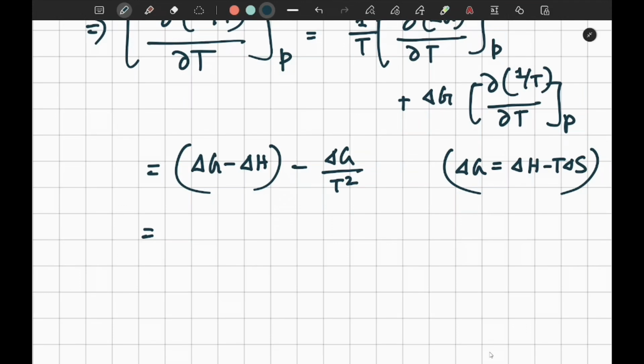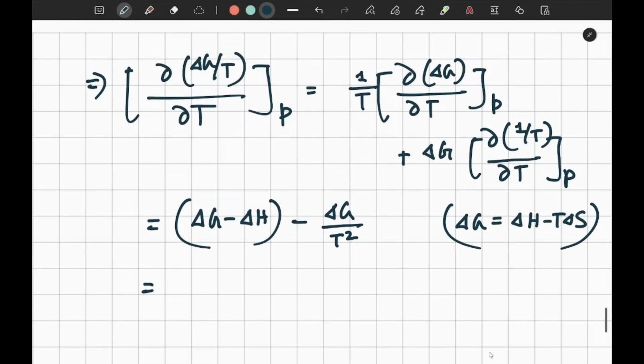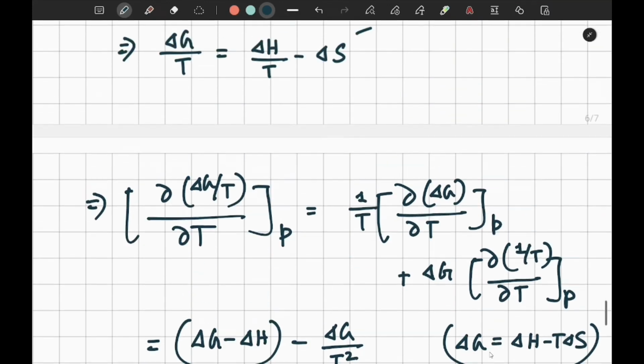No, that's okay. I think I have done something wrong here, because del G is there, 1 by T is there. So I think it's correct. Del G by T square is also going to be minus 1, minus 2. It's correct. And from this equation,